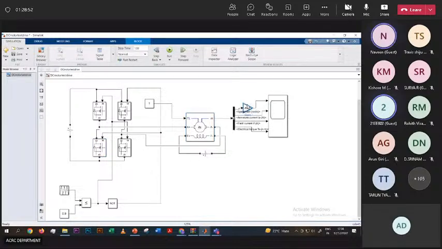This is the scope, showing the magnitude of the speed, or in which direction the speed is being given. Everything is done here. So I will take the stop time at 50 seconds, and then I will run the simulation. So what I see,